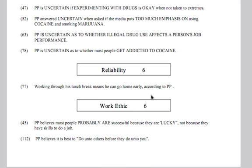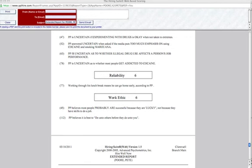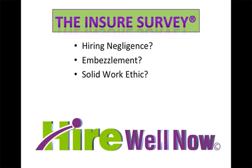And I think that if you do that with every applicant, you'll find you can really learn some very valuable and interesting information about them, beyond what normal interview questions you would ask. And so using the Insure survey to find out more about your applicant could be the difference between avoiding a hiring negligence lawsuit, losing profits to theft and embezzlement, or simply hiring someone that won't show up on time or